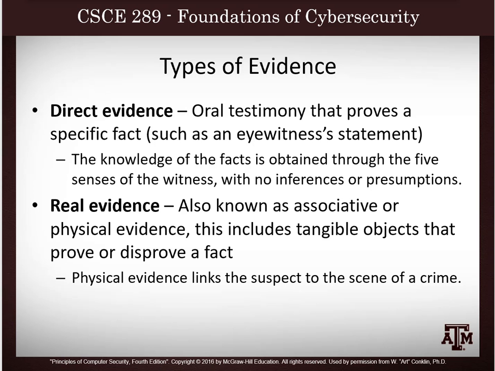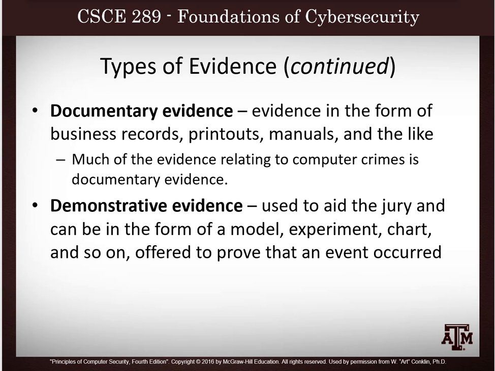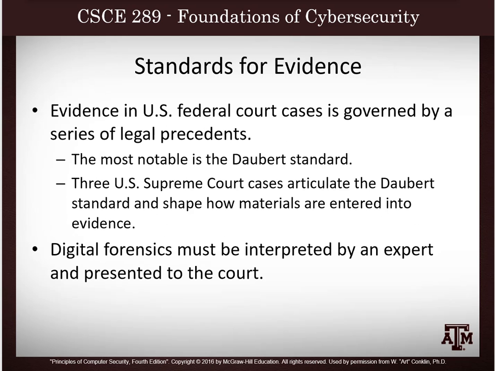So we talked about direct evidence, real evidence. I'm going to leave the definitions to you. Like I said, this is going to be a quick and dirty overview. We've talked about standards of evidence. The Daubert standard, again, you don't need to know this. This is on the standard of who the expert is that deems this evidence as being acceptable as evidence. And the Daubert standards are their skills, knowledge, experience, training, and so on. That's basically what you need to know.